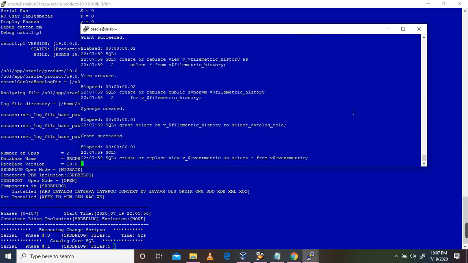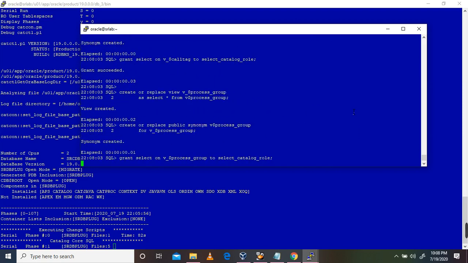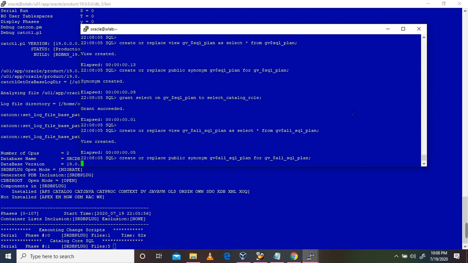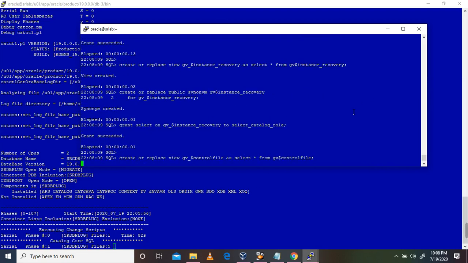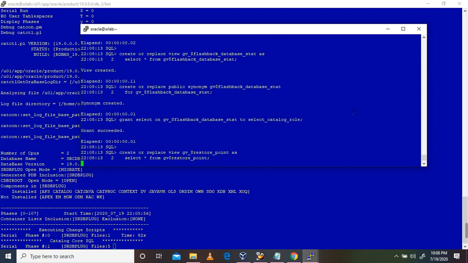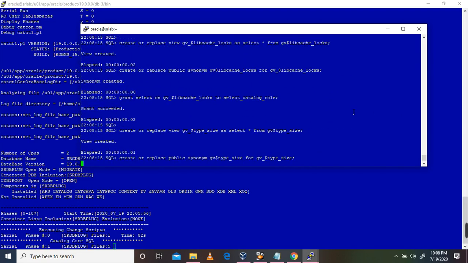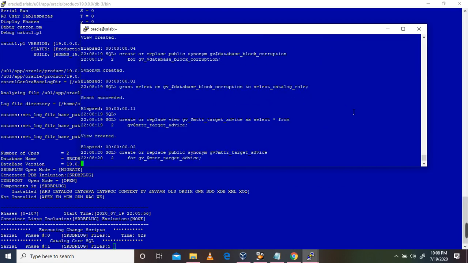If there are any invalid objects or any recycle bin objects, we need to purge them. Also we need to check that the services are relocated, and everything else post upgrade. So I will demonstrate.